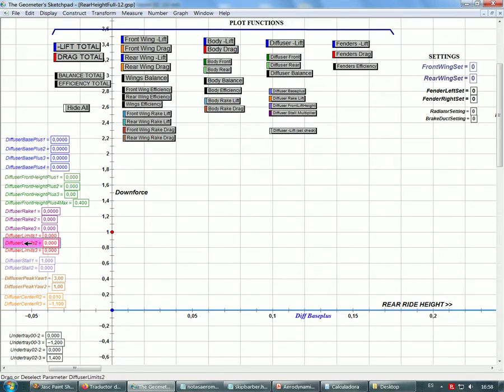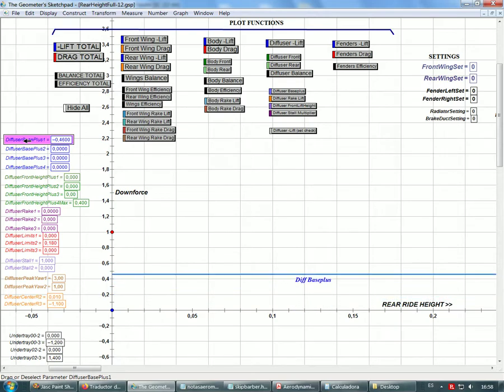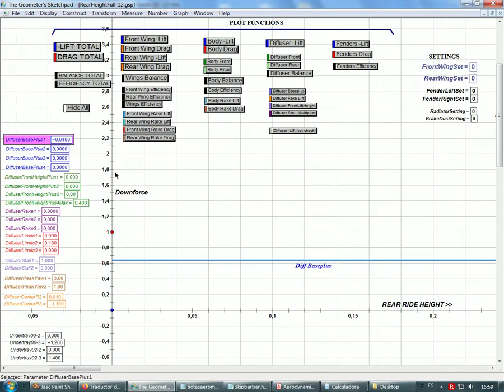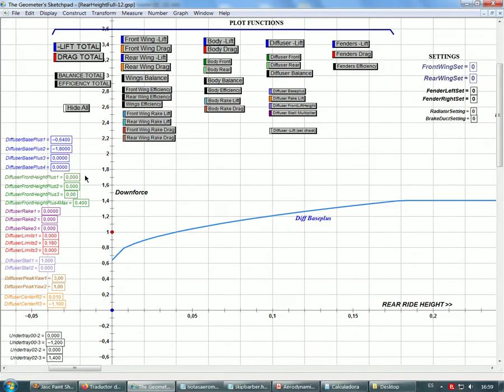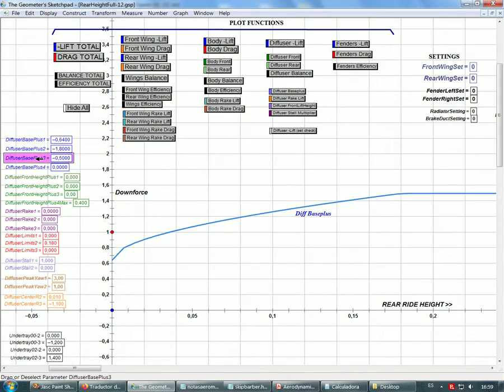First, we should set a limit for the calculation. We have downforce for the base. This is constant for every rear ride height, and with the half order we also have more downforce,